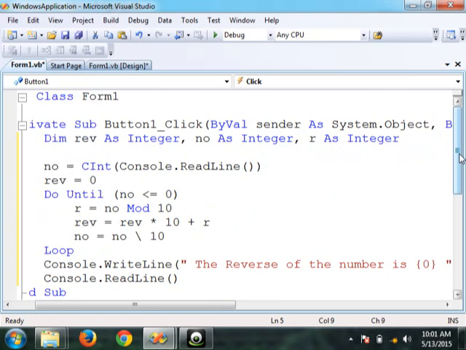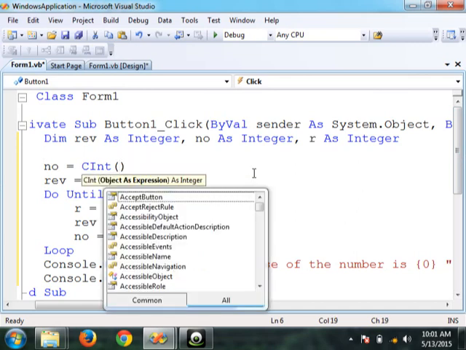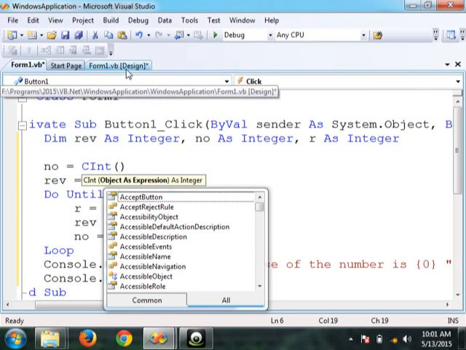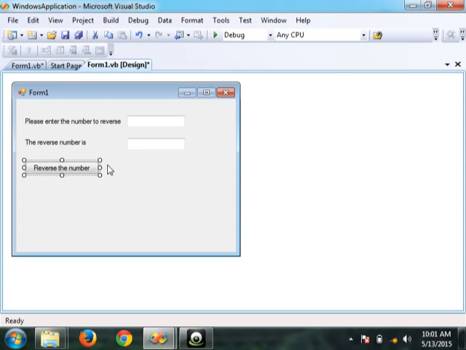This is only when you're doing a console application. Similarly, I don't need this also, Console.ReadLine. But the point is now, where will the input come from? It will come from that text box. Now let's go back to the design view. You can click here. Can you see it's written over there, Design? If you click there, you're back in the design view.